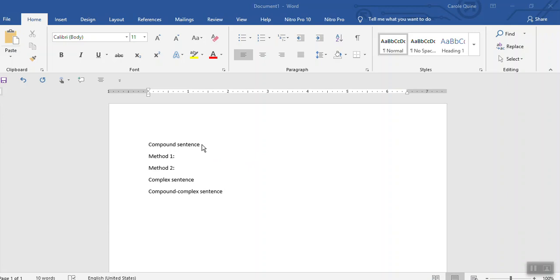So to get us started, I'm going to show you the difference quickly between a compound sentence, a complex sentence, and a compound complex sentence, and then dedicate the rest of this webinar, which will be pretty short, to the complex sentence. Okay, so you know that a compound sentence follows the equation independent clause plus independent clause, right? So you could have a method. There are two types that I teach, method 1 and method 2. Method 1 is comma and a fanboy. So we could have something along the lines of,